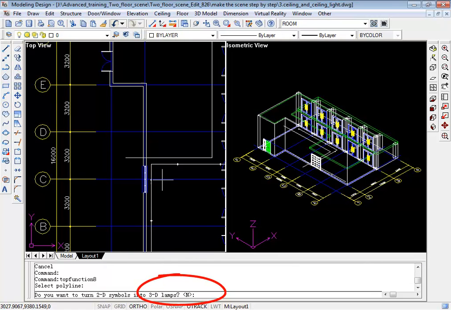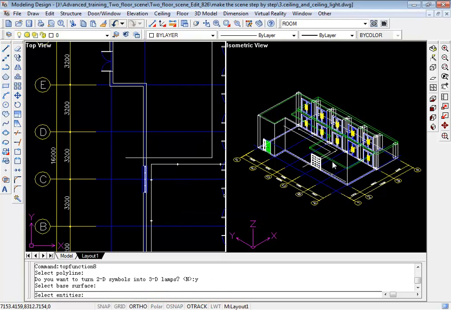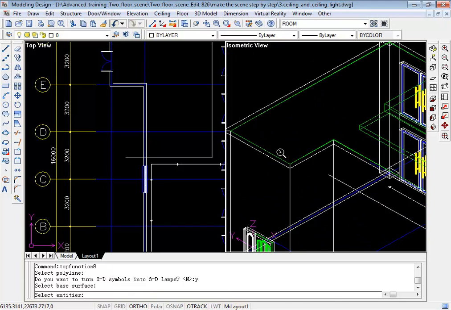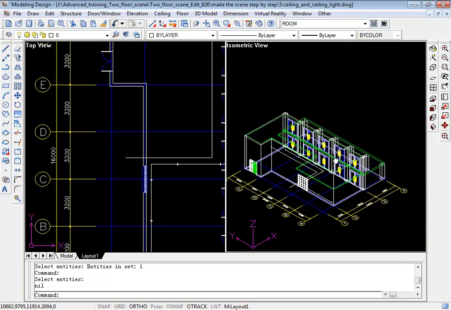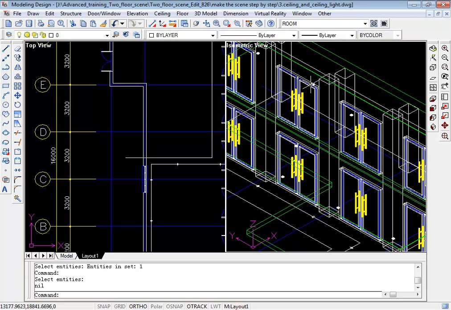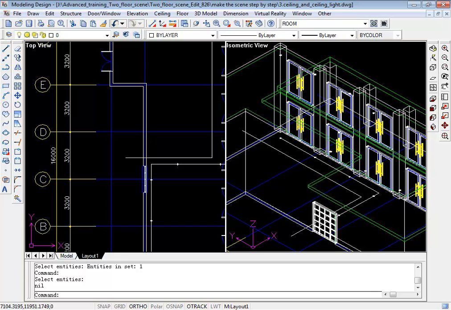Now look here. The system will ask if you want to convert these lights. Then we type in Y for yes, and find the surface, which is the ceiling of the second floor. Find the green frame on the top, select it, and right click to confirm. Now we see the lights are created on that ceiling. Let's check over, see if they are on the right surface. They seem good. We can also give power, color, or some other attributes to these physical lights, but now